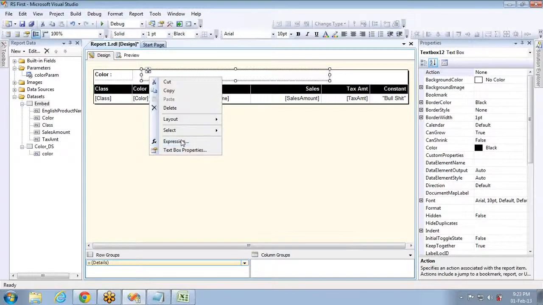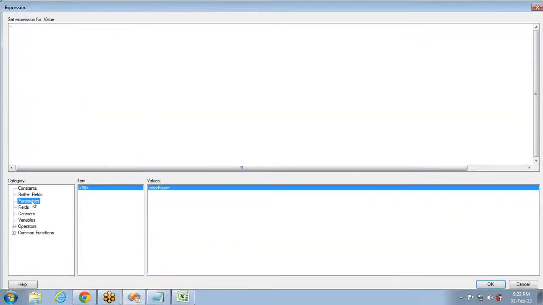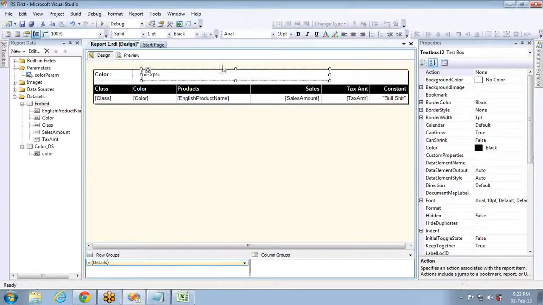In this expressions page, I'm going to use the parameters category to show the parameters that are selected. If I select this color parameter, you can see the value of 0 is selected by default. So even if the user selected 50 different colors, the first color will be shown in the report.